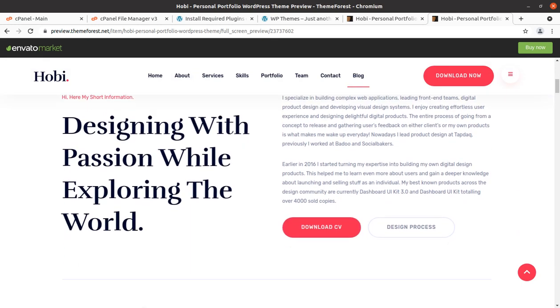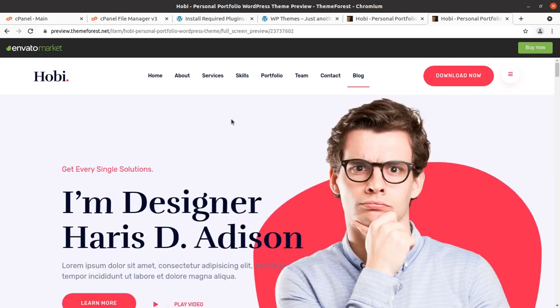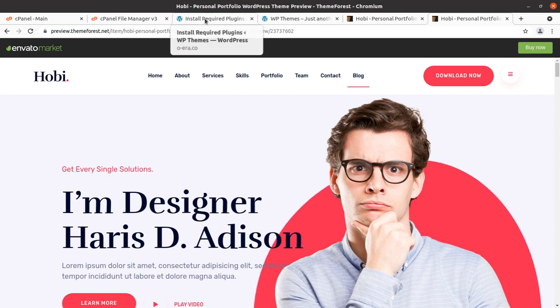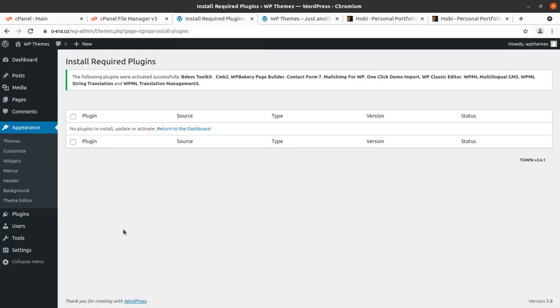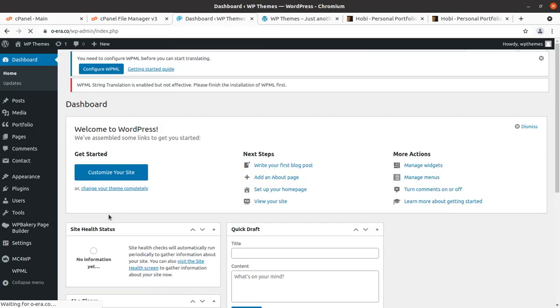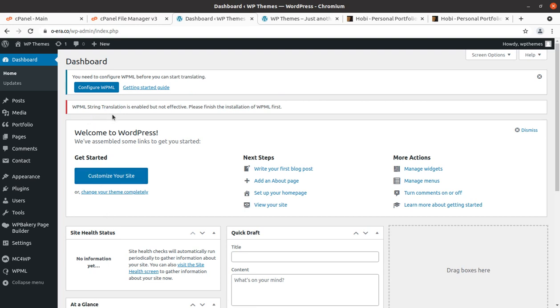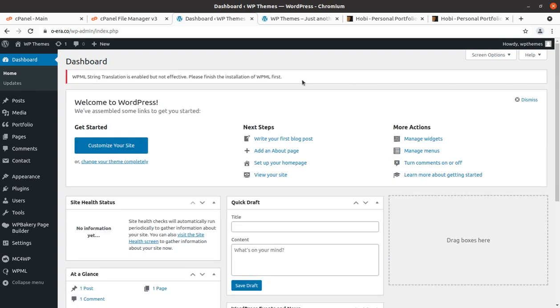So we are going to target this website as our target website, and for this we need to import the demo content. We shall be using the one-click demo importer for this purpose, and we have already installed it. If you want multi-language, there is a warning for that, and it is not actually applicable for this installation. If you are willing to use multi-language, then you have to proceed with those steps as well.